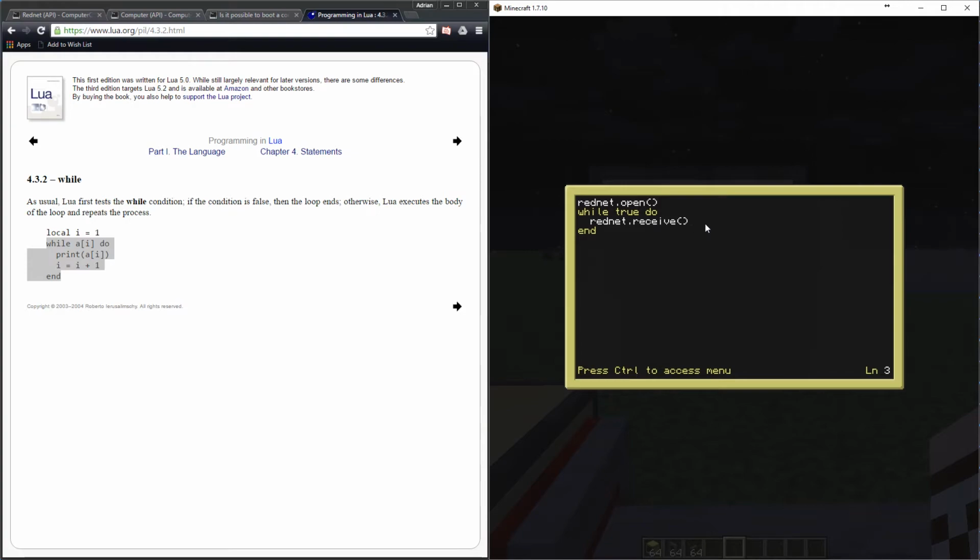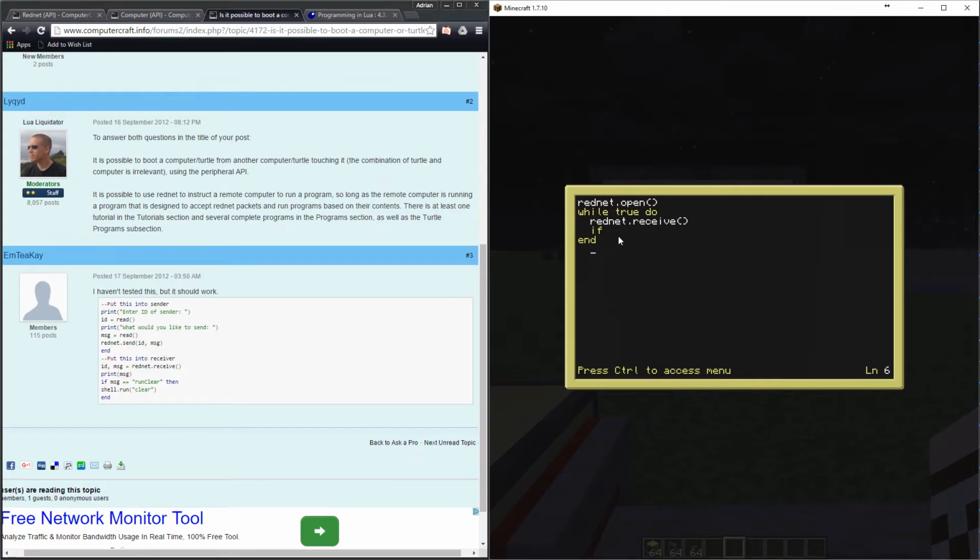But we want to do something based on that RedNet command. So we want to say if, and this is where I'm going back to these notes here. We need to receive that RedNet command into some variables. So we're going to receive the ID into ID, and we're going to receive the message into MSG, as the message. So we're going to say if the MSG, the message, is equal to, and when we compare strings in programming, sometimes there's a different equal to, and there is in this one. If the message is equal to, say, let's do say hi as one string like that,